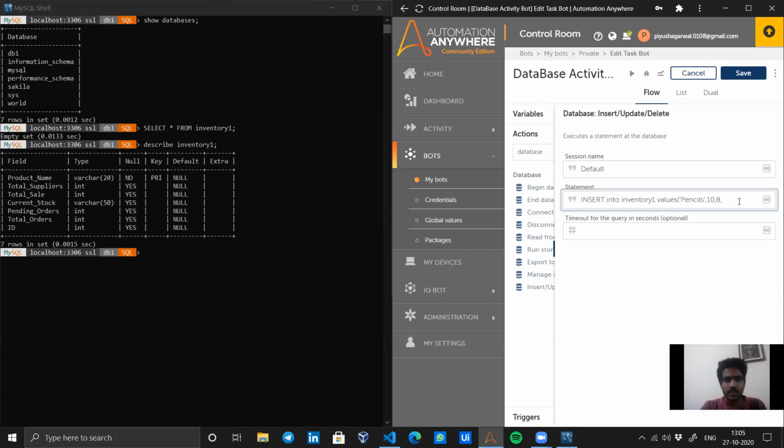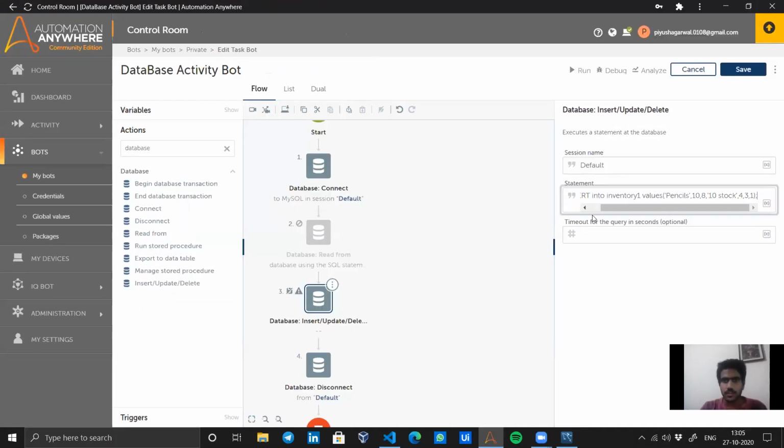Current stock is in varchar type, so like 10 in stock. Then pending orders, integer type, so I will just give it any number. Just a few integers and a semicolon. Now it is asking for a query timeout. It is optional, we don't really need it. Now if we run this, it should insert this single entry in our data table.